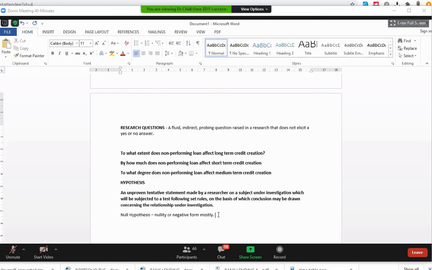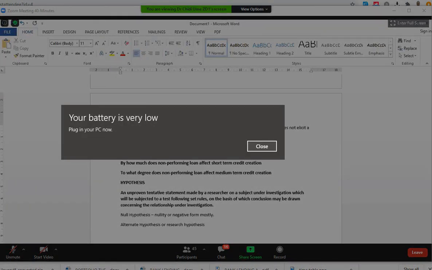Now, the opposite of null hypothesis is called the alternate hypothesis or research hypothesis. Now, when you write research hypothesis, for example, when you're doing your work and you write where you have a statement of hypothesis, it's a section in chapter 1. You have statement of hypothesis. If you write, let's say 1.1